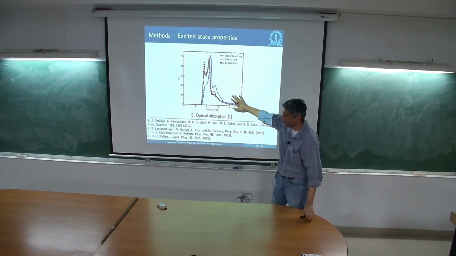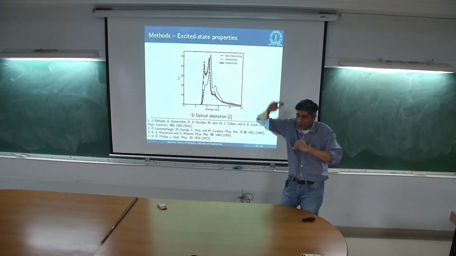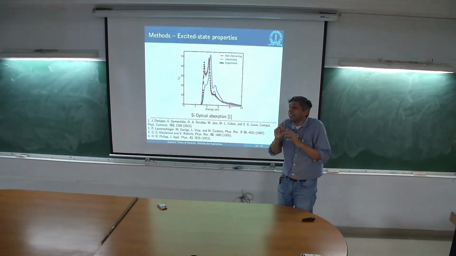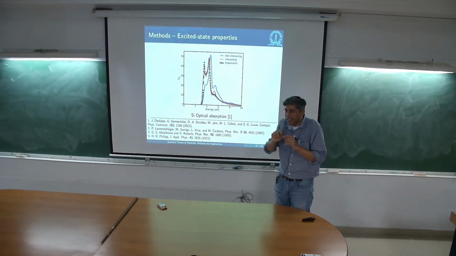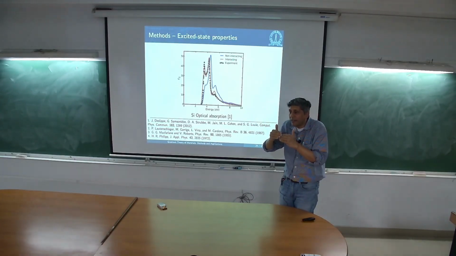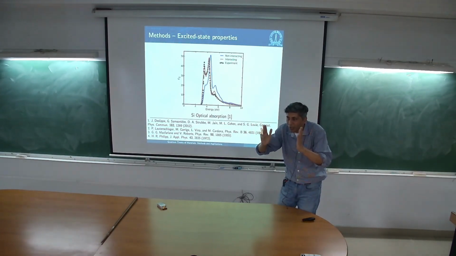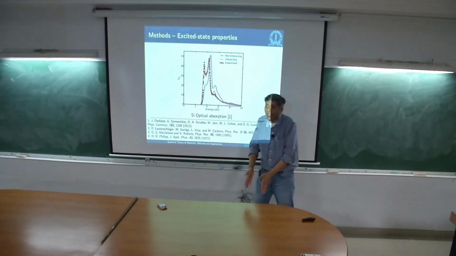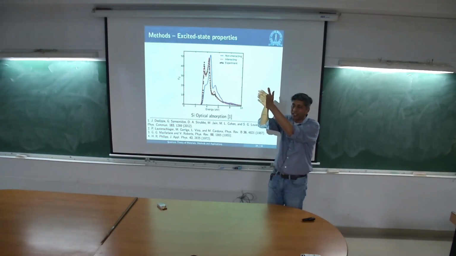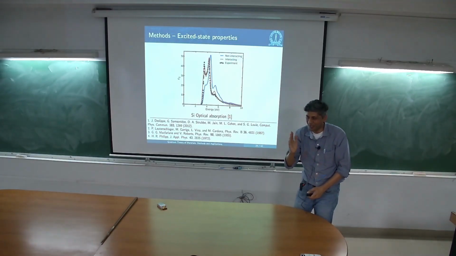So this is epsilon 2, right? I have a velocity matrix element. I'm talking about the transition from the ground state to this state. That transition is determined by some dipole matrix element, right? That dipole matrix element for the individual transitions was very small, but when I formed the exciton, this particular state had a very large oscillator strength, and suddenly it starts showing up in the spectrum. There's some modulation of the density of states as well.